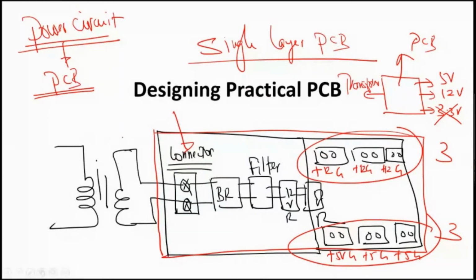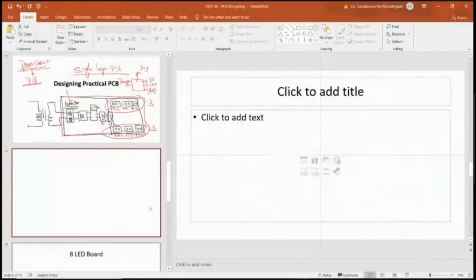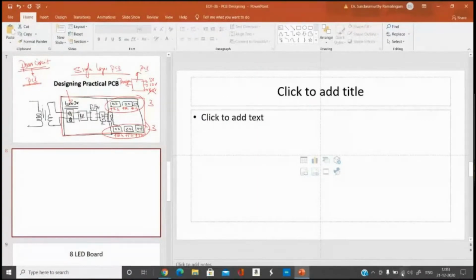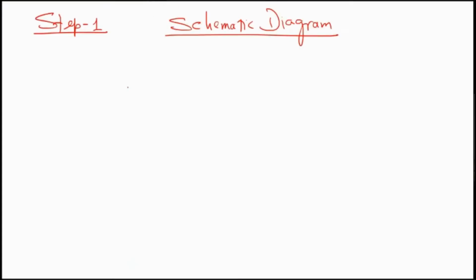And we have to now slowly extend this concept for designing a PCB. So the very first stage in designing a PCB is designing the schematic for that. So let us start with designing the schematic. Draw the schematic first, step 1. Let us take a small pencil and start scribbling this schematic diagram before we actually go to the software and start doing that practice.